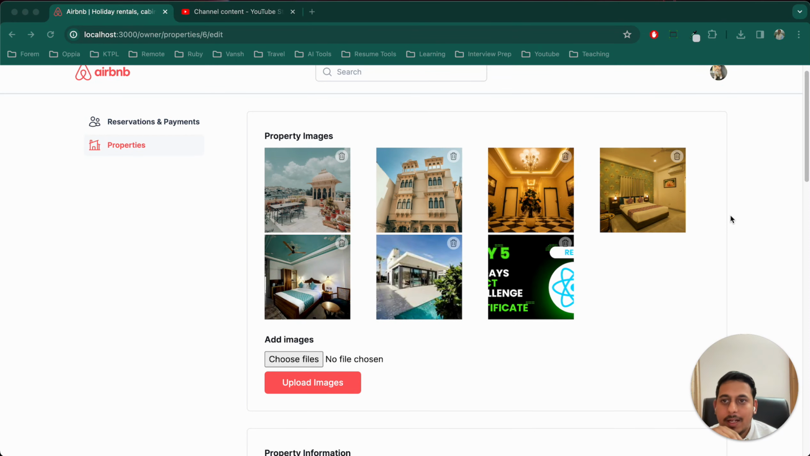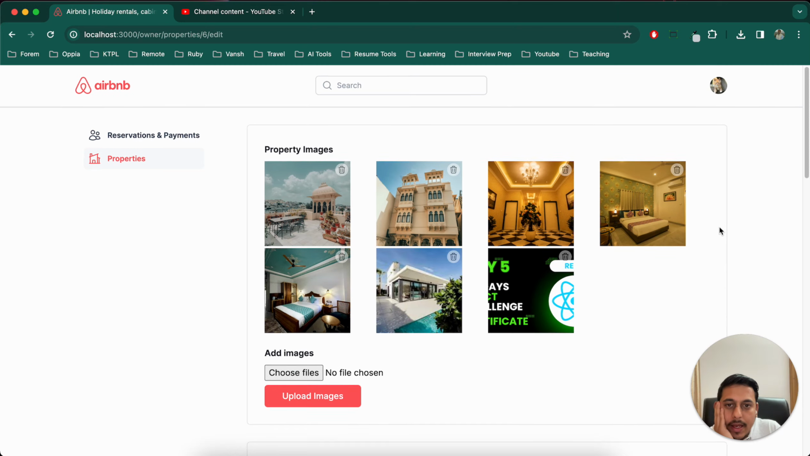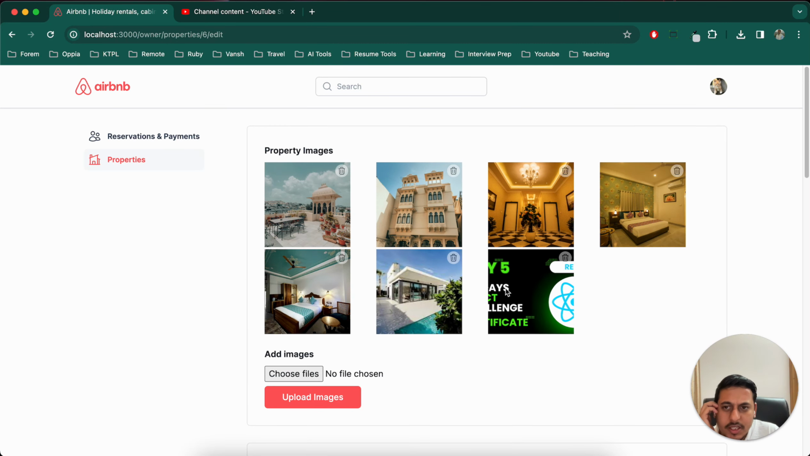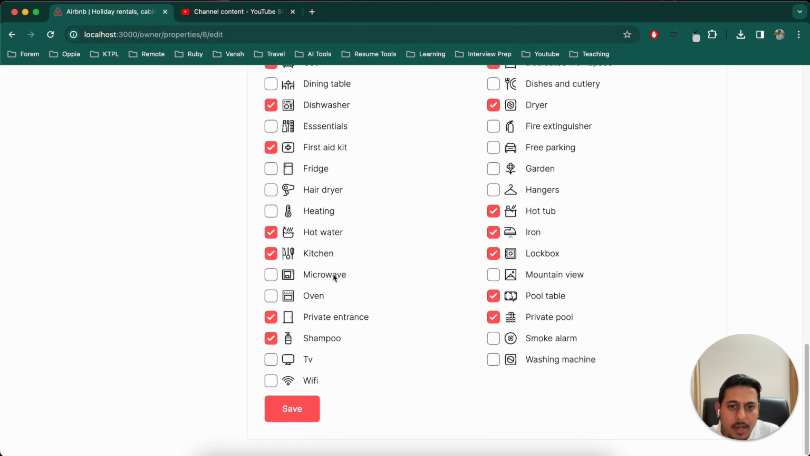Hello, let's make another quick video on this Airbnb clone Ruby on Rails series. In the last video, we added an option to upload images, remove images, all that we have done. Before I move on to add property, I quickly want to add another option, which is deleting the property. So for that,